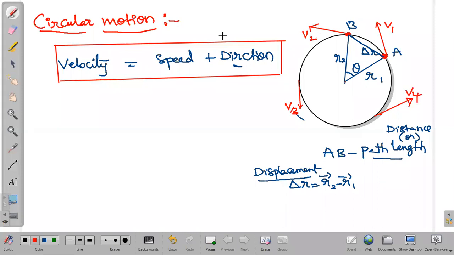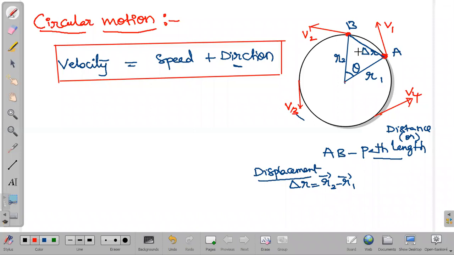Okay, so in uniform motion, only speed is constant, but even though speed is constant, velocity is not constant because direction is continuously changing. How to find the direction? If we draw a tangent wherever I want to find the direction, the tangent gives the direction of our velocity. Okay, so how do we measure distance or path length? This arc length, whatever it is, that is our path length. And displacement means vector notation. In vector notation we will be taking this as displacement. And velocity continuously changes even though it has constant speed.